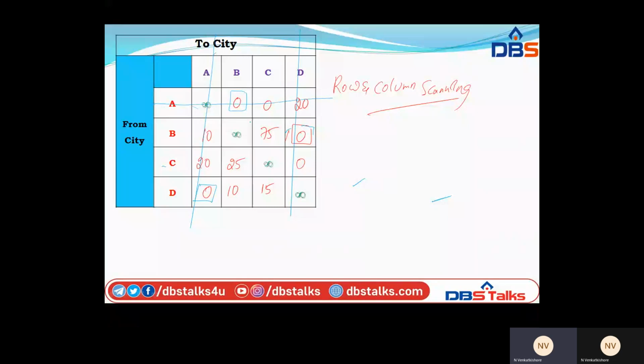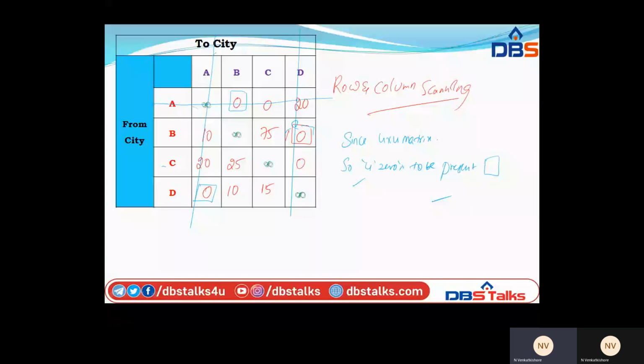Since we are having a 4 by 4 matrix, 4 zeros are to be present. Present means in the box. So in the box, 4 zeros are to be present.